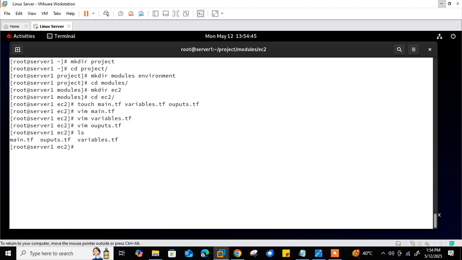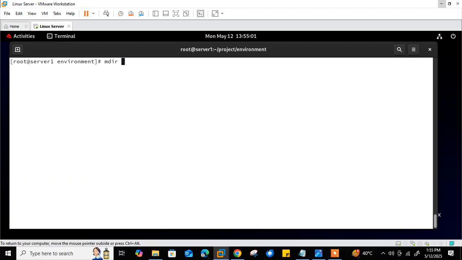Let's move to the next step, which is to configure the Terragrunt configuration file for each environment. So I am back in my project folder, in my environment section. Currently, no file or directory is there. So let's configure the Terragrunt file for development and production environments. First of all, let me create the environment folders with mkdir: prod, and the second one is development. That's it. Now move first into prod, and here I need to create a file which is terragrunt.hcl. So I open terragrunt.hcl.